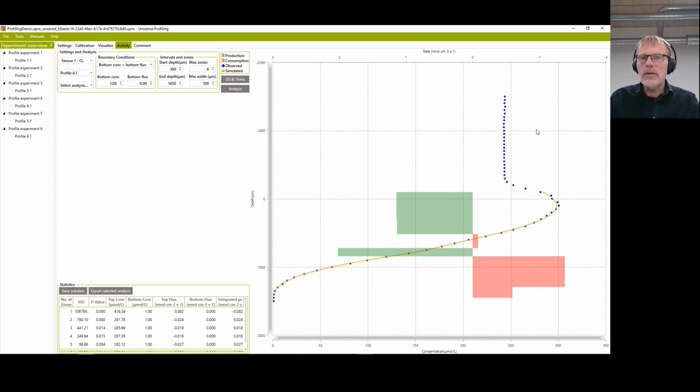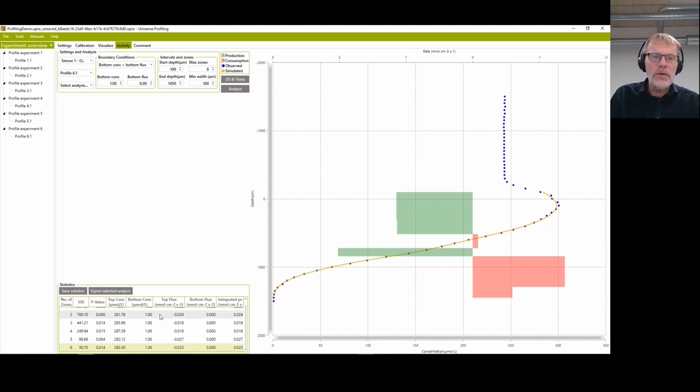And now you get a strange looking profile. First, what we get here: the green ones are the productions of oxygen, the red ones consumptions of oxygen. The orange line here is fitted to the blue measured data points. And in this case, it doesn't really make sense to have first a production, then a consumption, then a production, then a consumption. So you see, it has chosen now to use 6